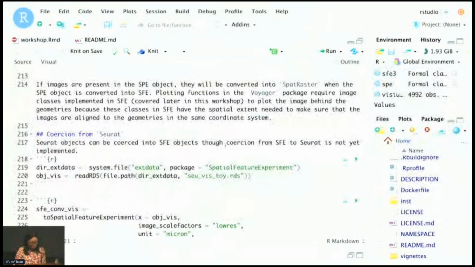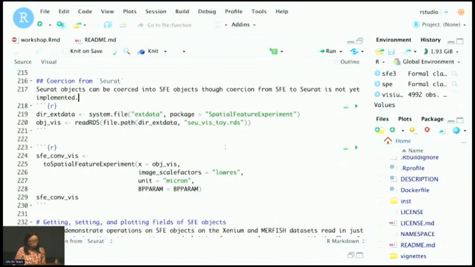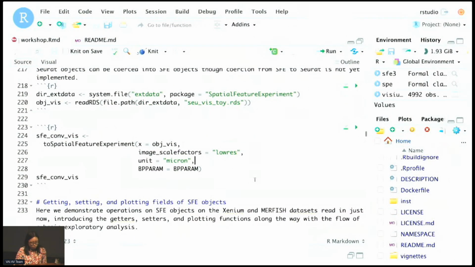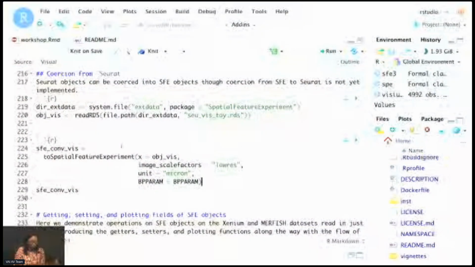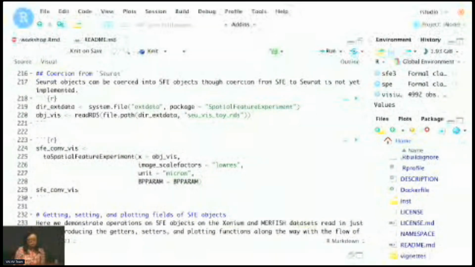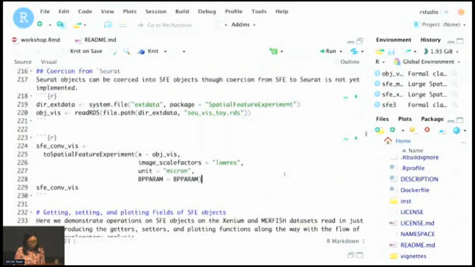I think more importantly, in both single cell and spatial omics, Seurat is by far the most popular package for data analysis. So Alik has contributed a Seurat method for toSpatialExperiment, so that we can convert Seurat objects into SpatialFeatureExperiments, so that we can do more of those geometrical operations, and we can use Voyager for exploratory spatial data analysis, or ESDA. And here's an example, but so far we haven't gotten to converting an SFE to Seurat yet.